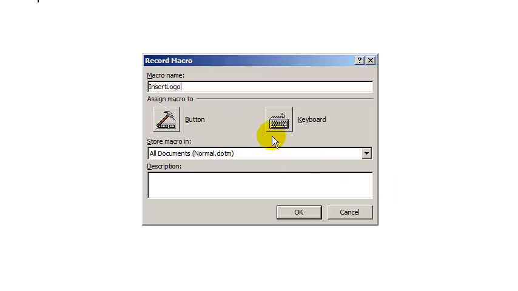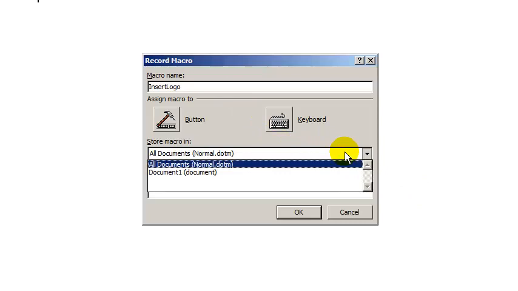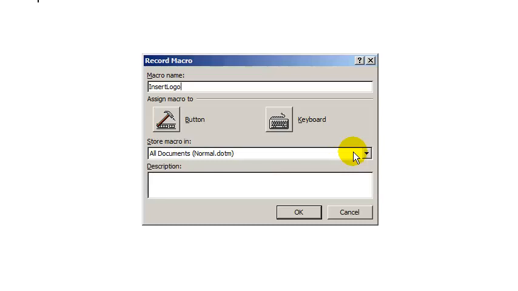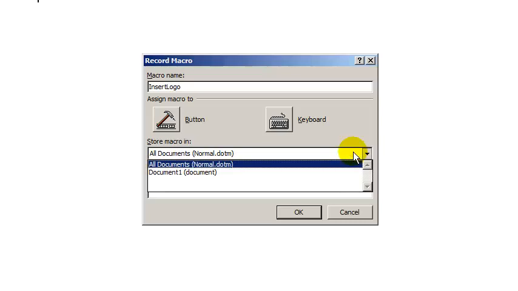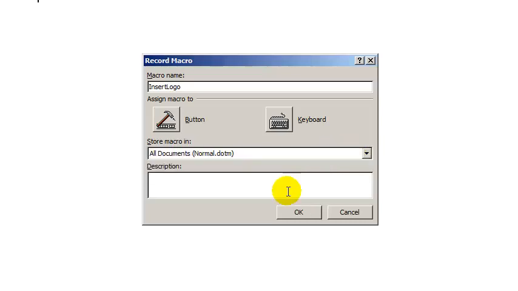Use the Store in Macro box to select the template or document in which to store your macro. To make the macro available in all documents you create, select the normal .m template. Enter a description for your macro so you can identify the macro. If you do not want to create a button or shortcut key, click OK, but we will be creating a